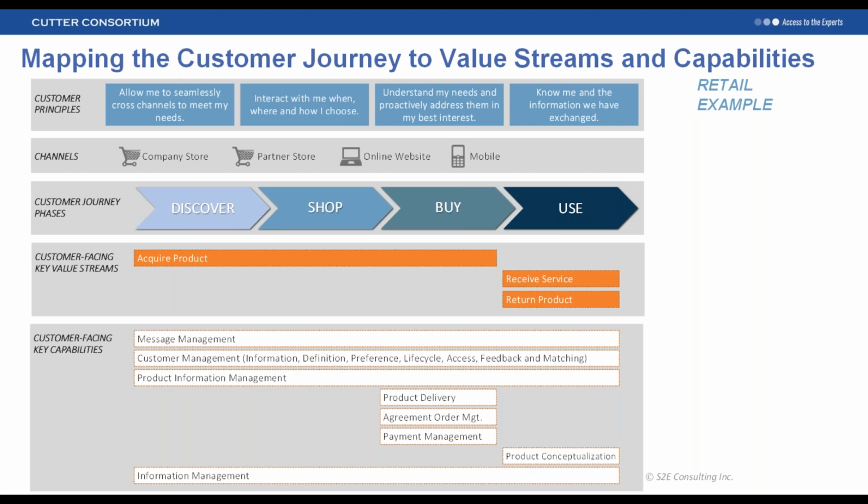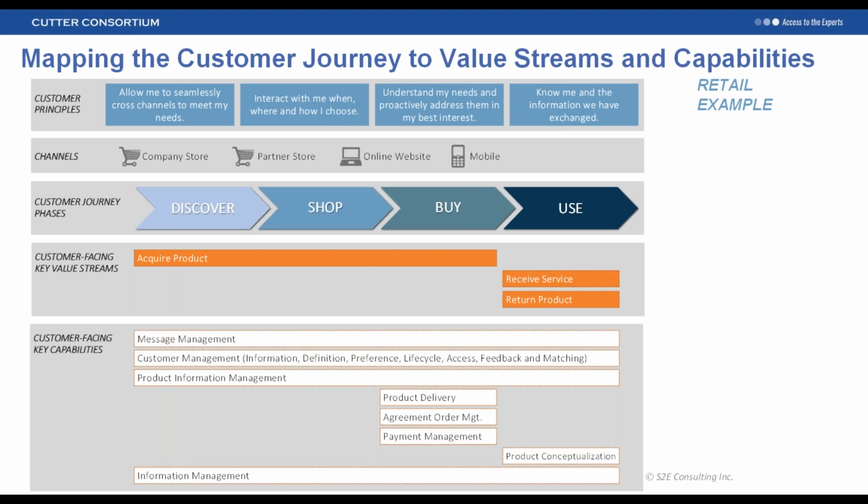So for example, I can see that acquire product value stream, which would come from business architecture, is cross-mapped to capabilities for message management, customer management, product info, product delivery, agreement order, payment management, and so on. I won't read all of them, but that's kind of the idea if you follow it through. And so when we did this very powerful thing of connecting the customer journey to the business architecture, value streams, and capabilities, we have made an important tie, not just visually for people in the organization to see, but